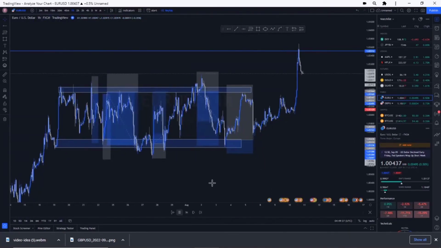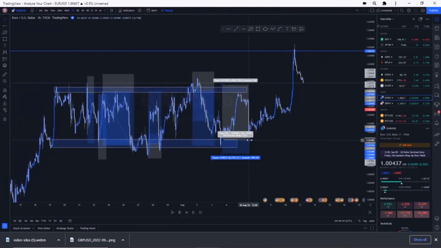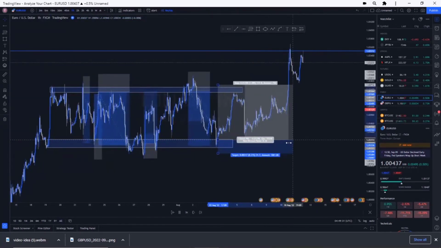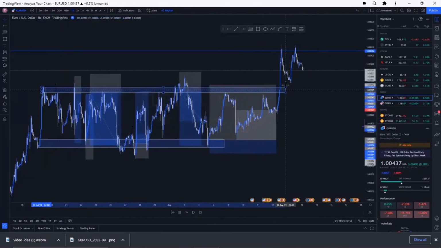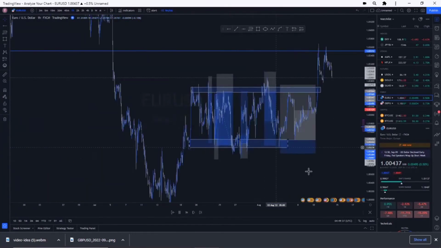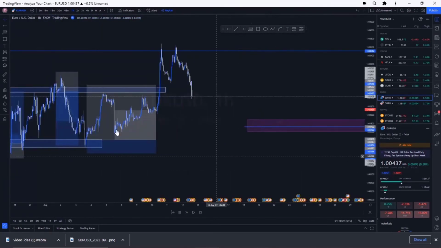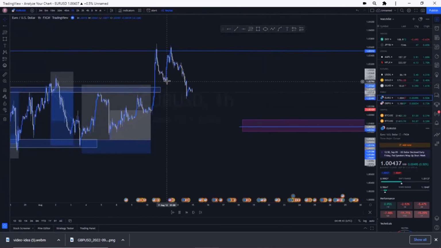So you can see this actually danced around and it still got to our take profit. So it's just patience. Every strategy works in the market. You just have to give it patience and time. Okay, so imagine if we were scared and we closed out price here, price would have still gone in our